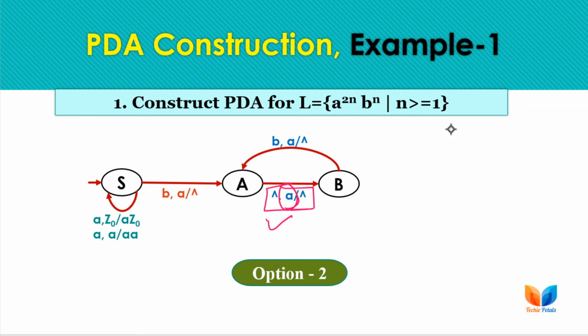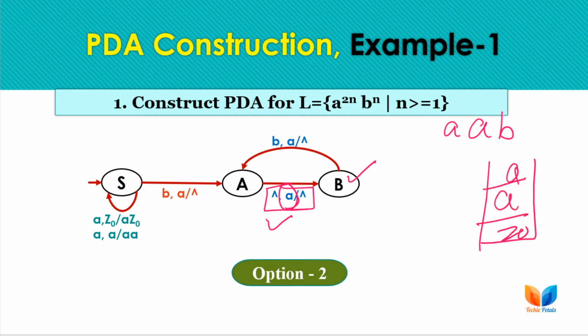If we have this string, two A's and one B, then we will be at this state after performing these operations. We have pushed two A's onto the stack after Z0, and for this B, this is the operation, meaning the first A is popped, and next we have this operation, meaning we are not reading any input. We are at this state, not reading any input, and the stack top is still A, and we are replacing it with null. So the second pop is performed here without reading any input symbol.